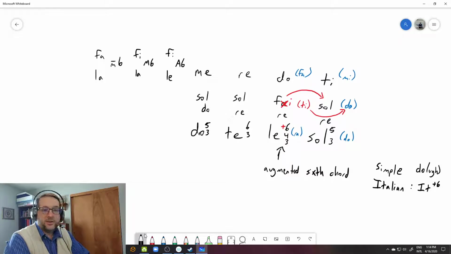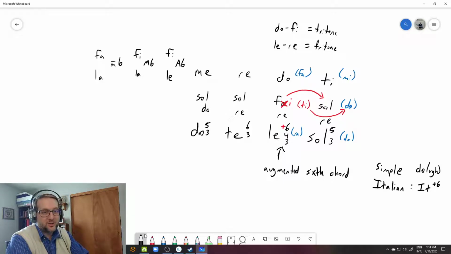And this is a pungent chord, let me tell you. It's just such a strong chord. Because I want you to look at the intervals involved here. Do to fi, which sounds like a fa and a ti, resolving. That's a tritone. We have a tritone here. Do and fi. That's a tritone. But in minor, le and re, that's our other tritone. So this chord actually has, in fact, 2 tritones in it. That's a pretty pungent,